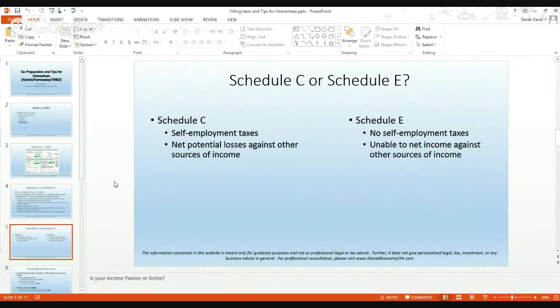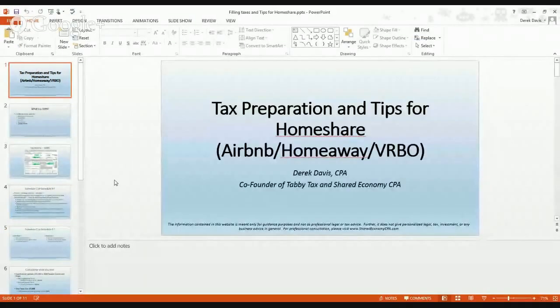So why Schedule C or Schedule E is important is for the following reasons. If you have Schedule C activity, and that's where you want to record your Airbnb income, you would be exposed to self-employment tax, whereas on Schedule E, you would not. So, if you're looking at this and thinking, well, why would I pay self-employment tax if I don't need to? Well, one, it's important to definitely follow the rules, and two,